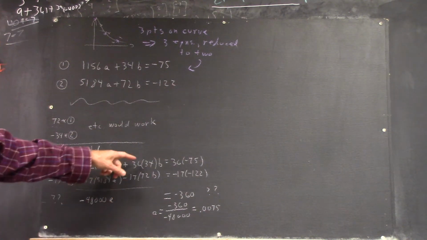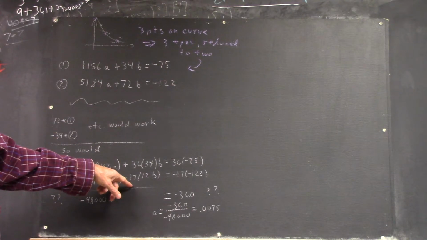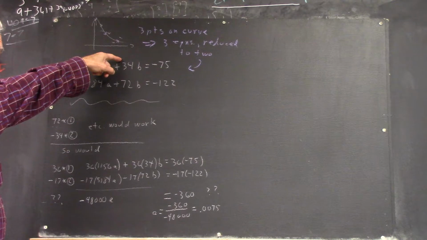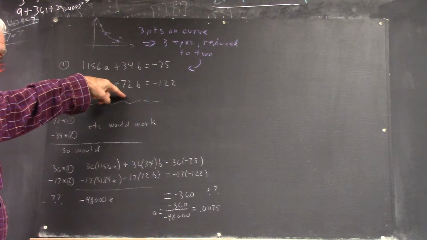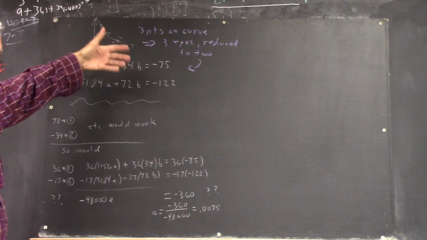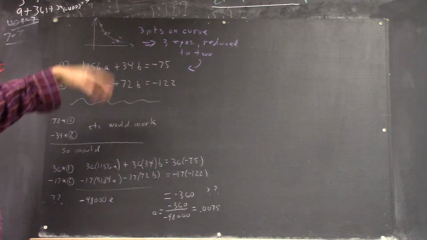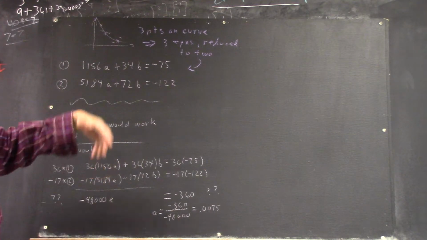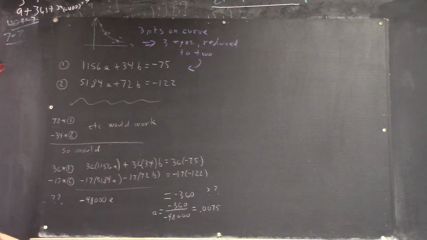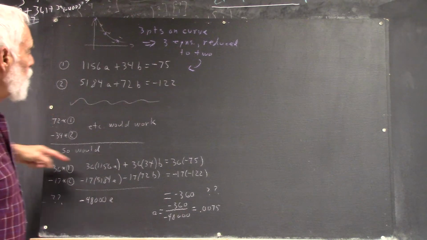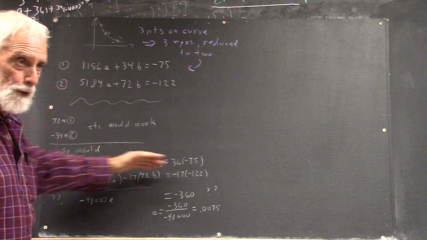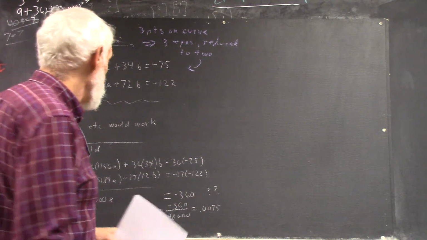The point is, you pick the numbers here. It always works if you multiply this one by this coefficient and this one by this coefficient, okay? Because then I have the same two numbers. If you can divide both coefficients in half or by 10 or whatever, then you can use those numbers. And of course, you got to multiply the whole equation or you change the solutions. You can't just multiply this. You got to multiply the whole equation. When you do that, you get this, and then you take this